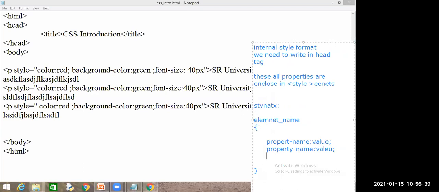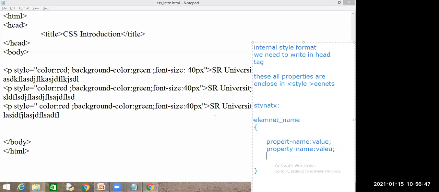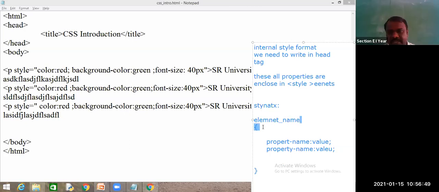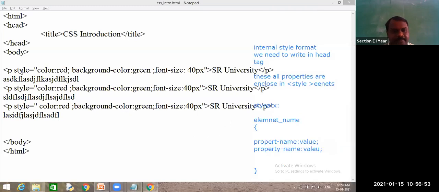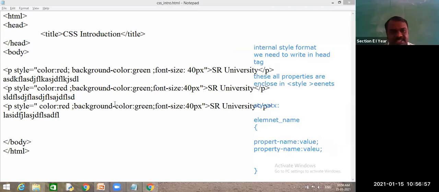So as per this syntax, what is meant by element name compared with this program? Element is nothing but the tag name, the paragraph tag. Properties are nothing but this color, background, and font size.